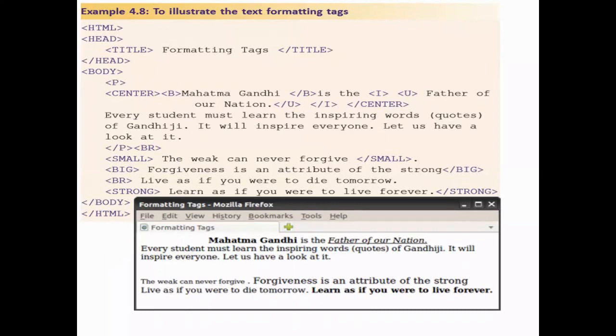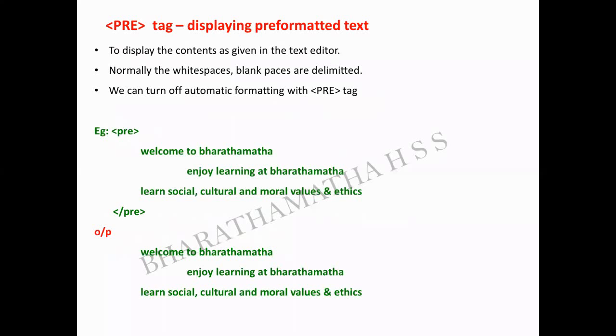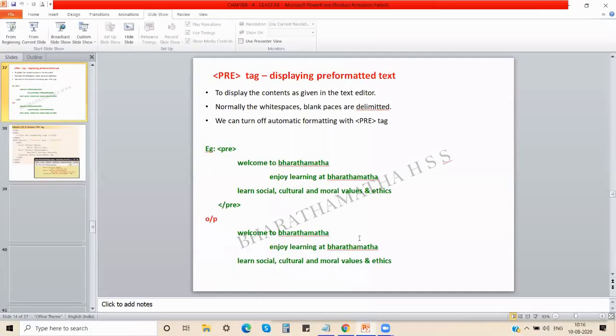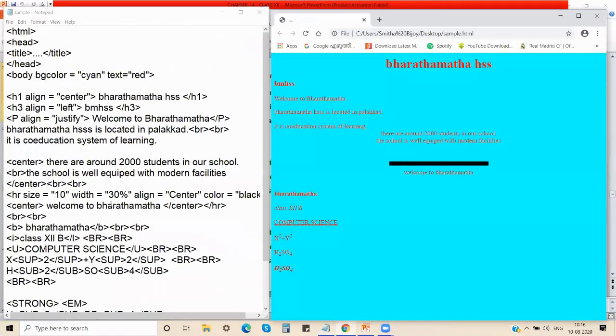And based on this also we have written a program, and I have just shown you all the programs in it. Based on these tags, I have shown you some programs also. Yes or no? So like this, we have written a program, and I have shown you the output, how it works, etc.